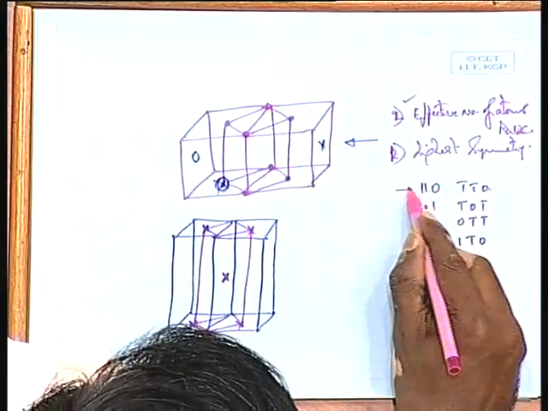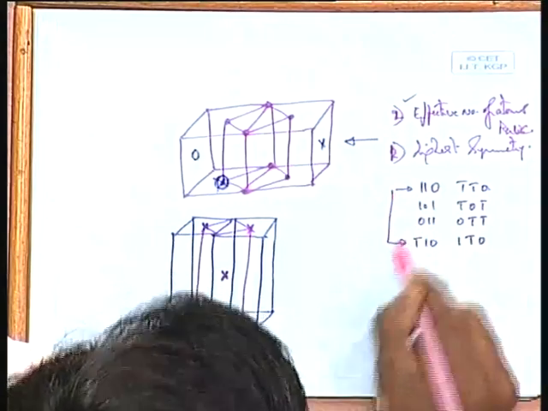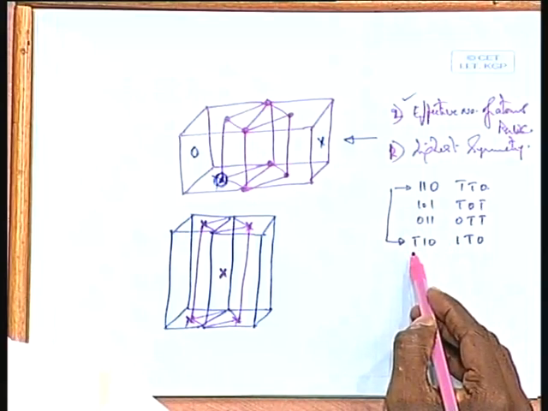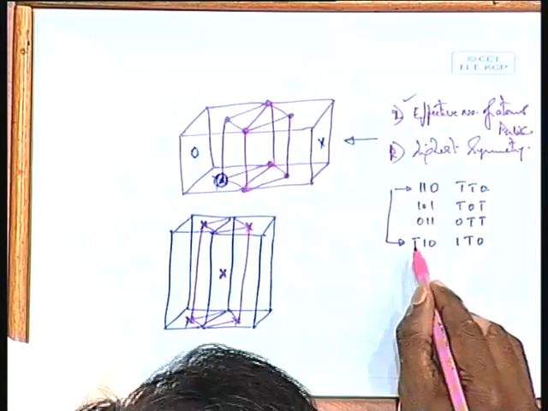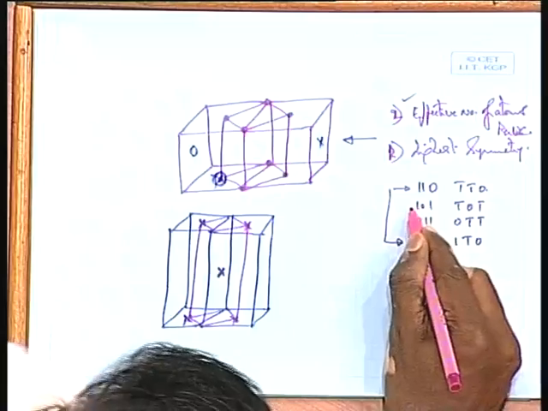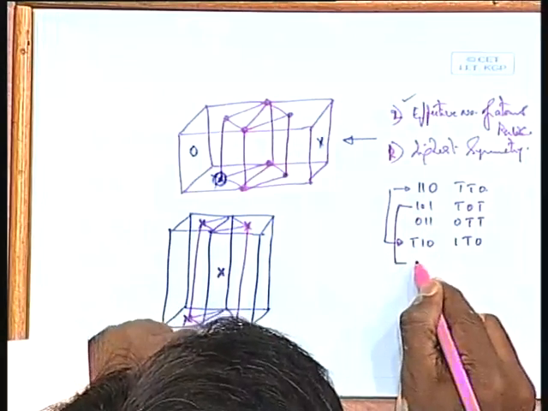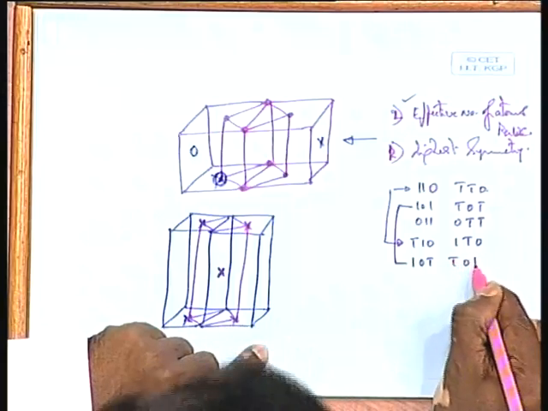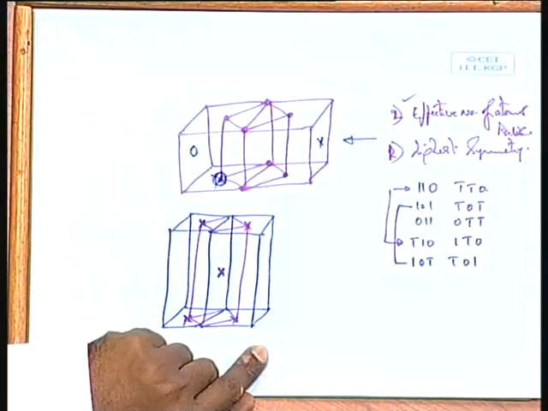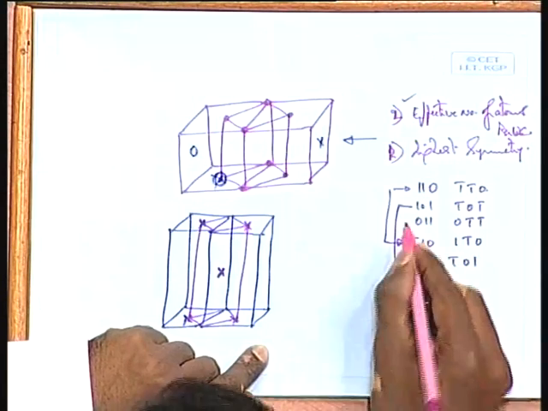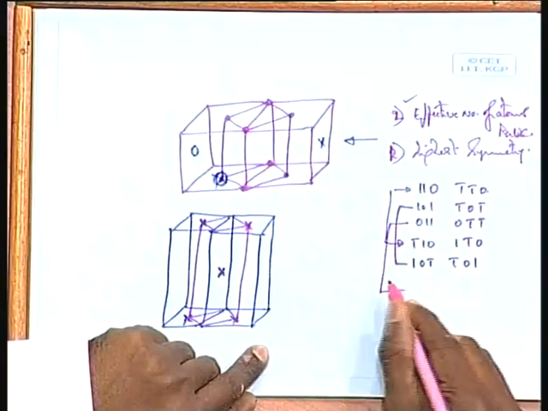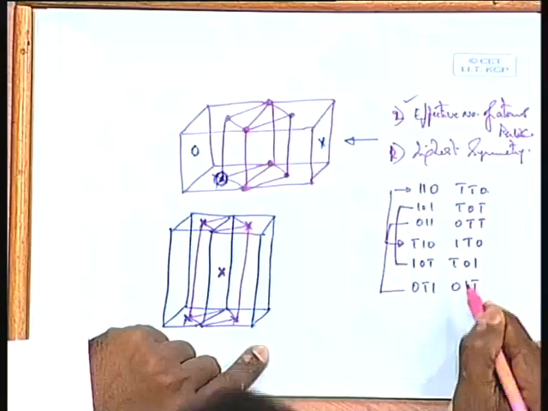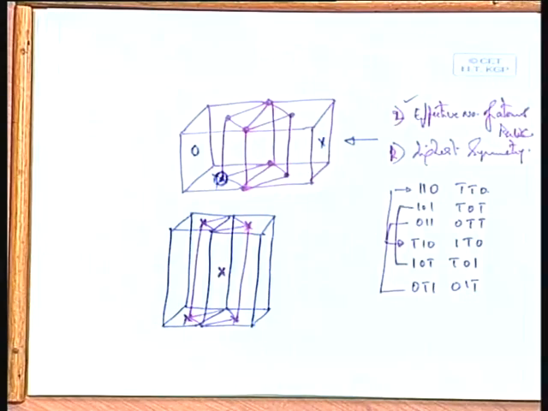That is the first one, and these are connected to each other. In 110, I would put a bar on one of those. Okay. It becomes bar 1 1 0. Similarly, the second one you take and connect it to that 1 0 bar 1 or bar 1 0 1. Okay. And take the third one, again you can have one more combination possible, 0 bar 1 1, 0 1 bar 1. How many are there? There are 12 planes,